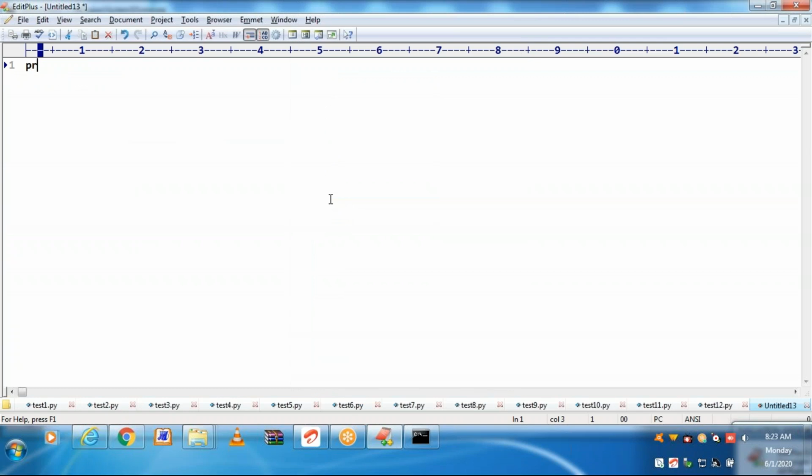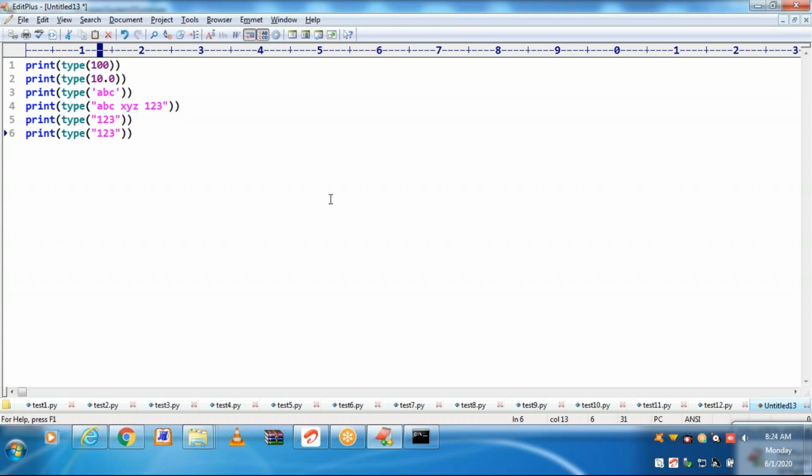I'll go straight away only with types. Print type of, already we have seen 100. Go for float value 10.0. Go for string value, again a string value with double quotes. Again a string value, but numeric content under double quotes. Numeric content under single quote. Finally boolean.